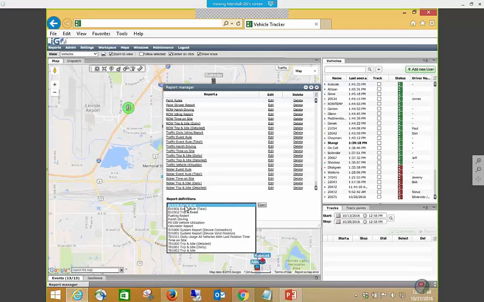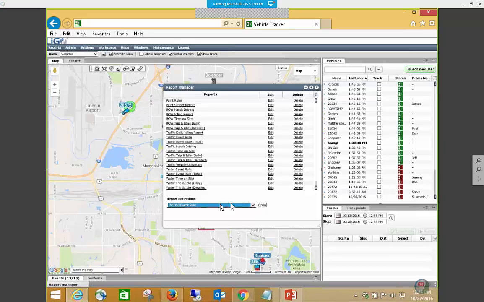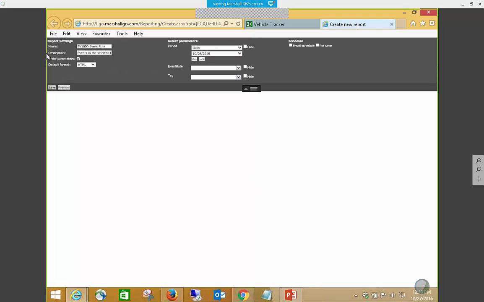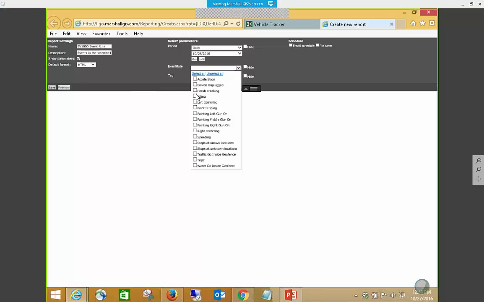So as I mentioned, Event Rule is a common one. If I pick Event Rule, I can then open this. And notice the list of reports that I have right now in my list here. I can open this, and then what I want to do is actually pick and define a specific one. So let's say I want to have an idling event,